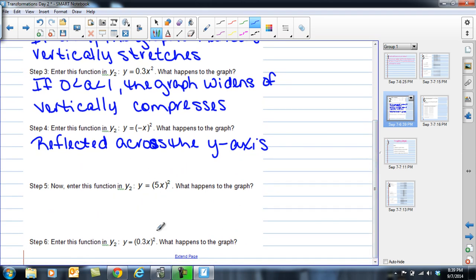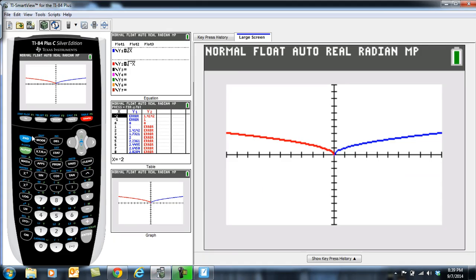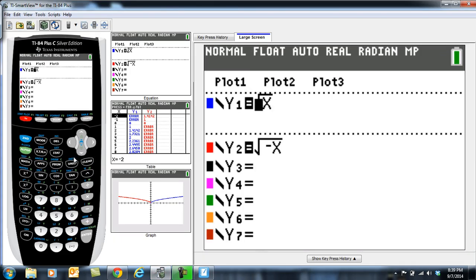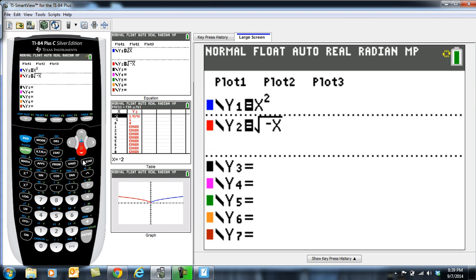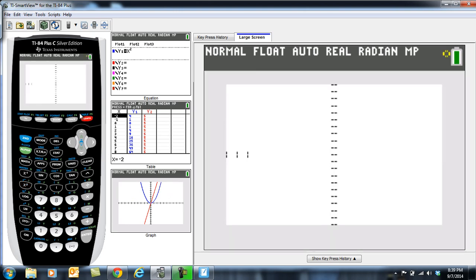So now we have this. I've put it all in parentheses. I'm going to go back here and change my function back to x squared because that's what we want to operate with. And then this time it gets to be the quantity of 5x, and then I'm going to square that whole thing. So my function becomes, instead of f of x, it's f of 5x. So when I graph it,